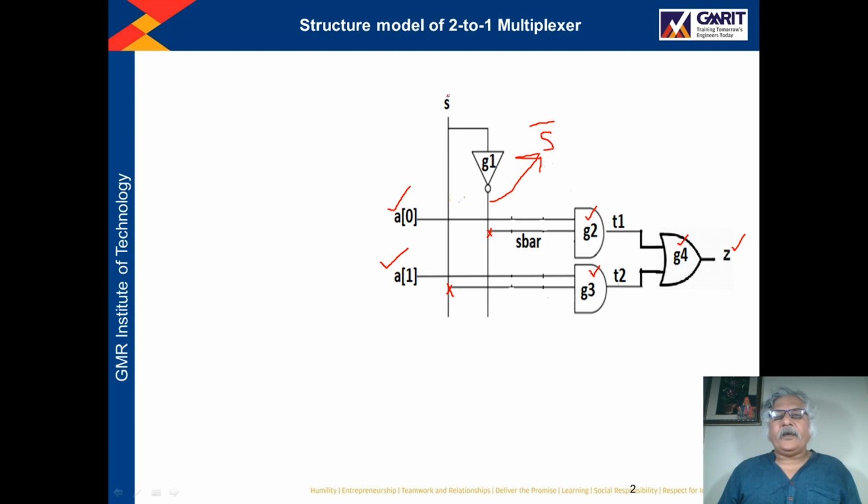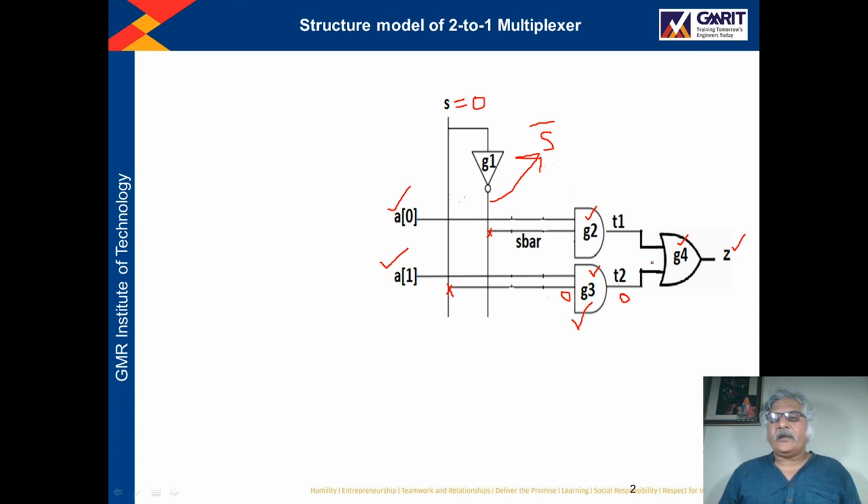So with this what will happen, if the value of S is 0, then this 0 will be connected to the G3 gate. Here you will get 0, right? So if any one input of the G3 gate is 0, finally the G3 gate will generate 0 output.